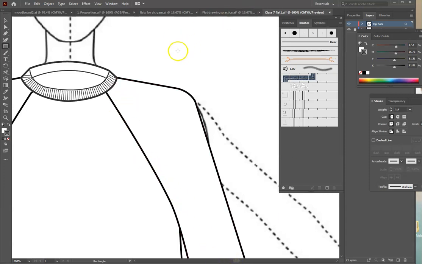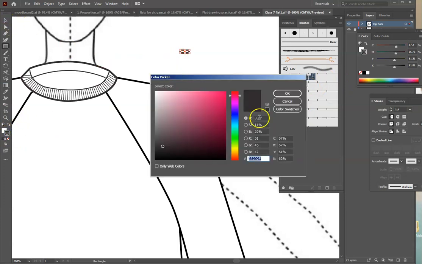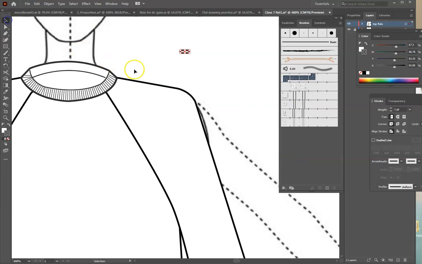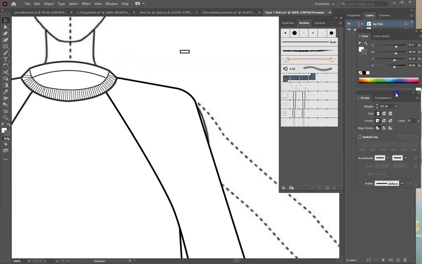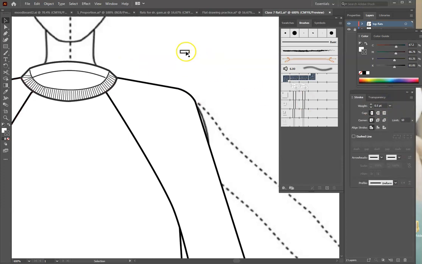So for the slider, I will use the rectangle tool, but I want my stroke a little bit smaller because it's a detail. Okay. So my stroke line is 0.5 here,